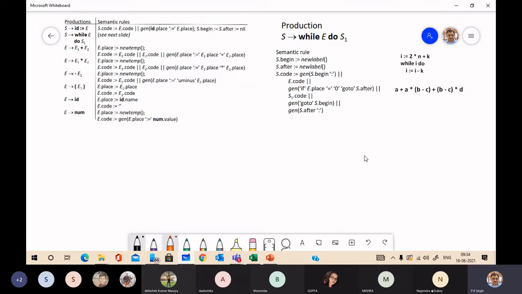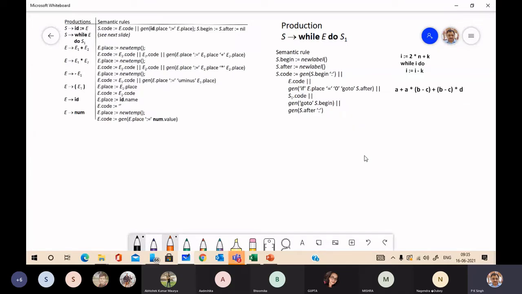For that, we have discussed the translation scheme, that is semantic rules for translation into three address code. We have associated semantic rules with the various productions of the grammar. Now see how it works.